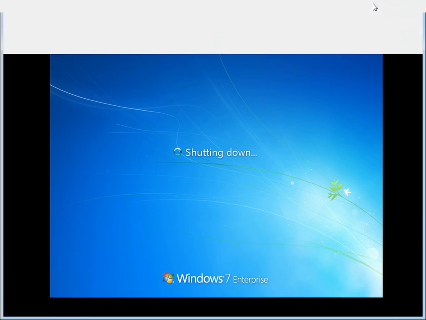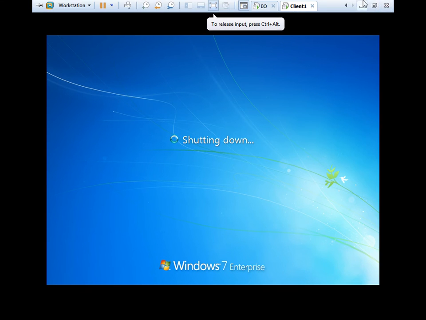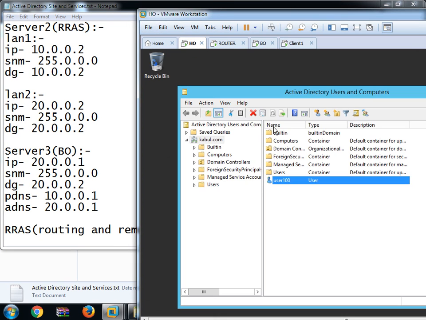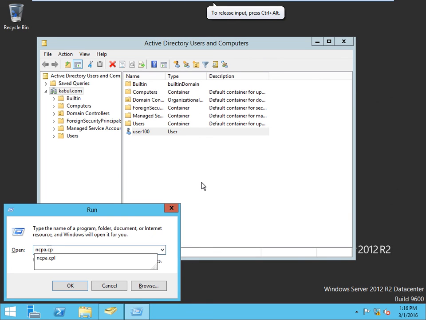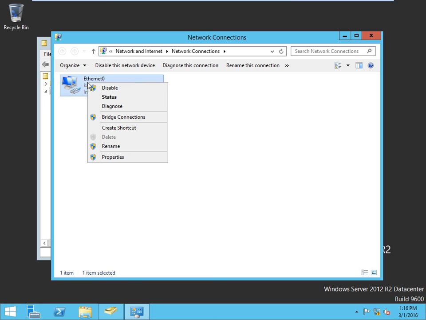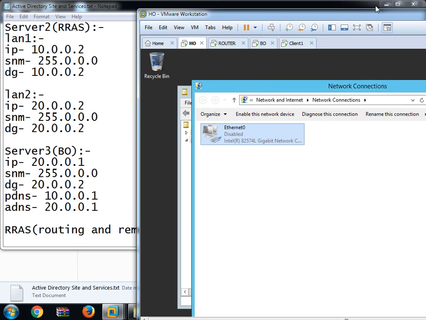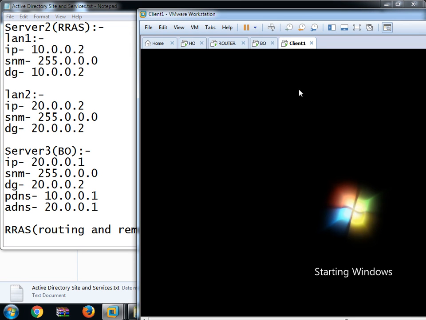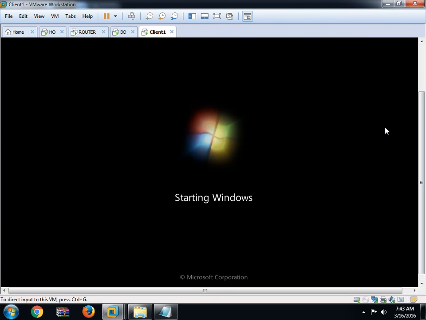Then see this full screen. Here is the head office, full screen, ncpa.cpl, and disable this local area connection, head office. Okay, wait. It will take some time.